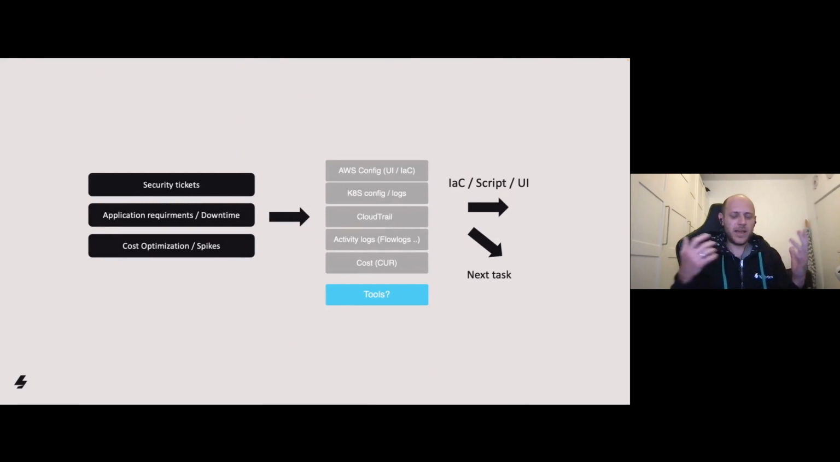First, let's look at what happens when we get a security ticket. What will we do with that? Let's say we got a ticket from security which tells us there is a security group that is open to the internet and opens up SSH. As a DevOps engineer, my first thing will be to see what is the actual configuration of the security group